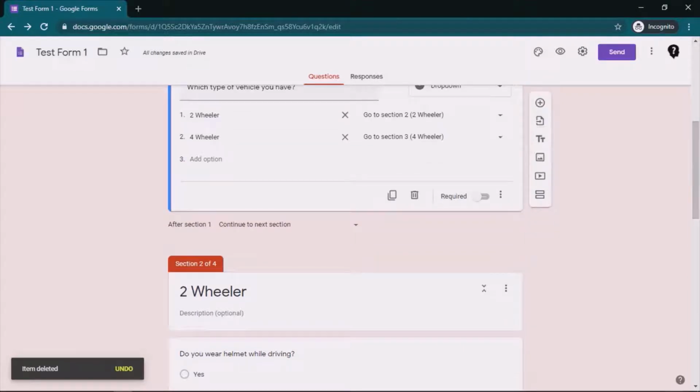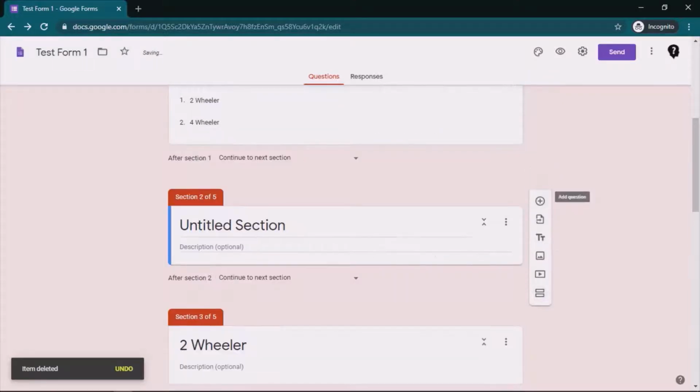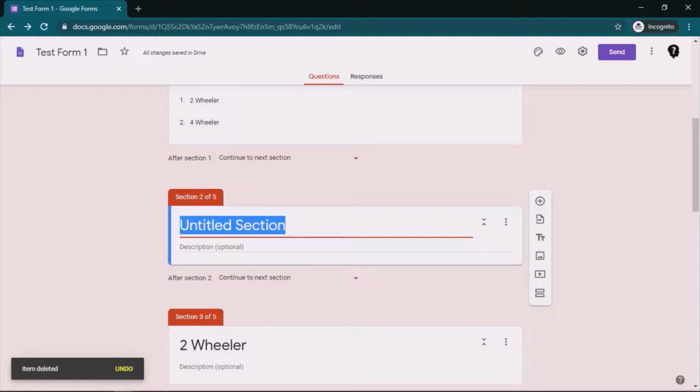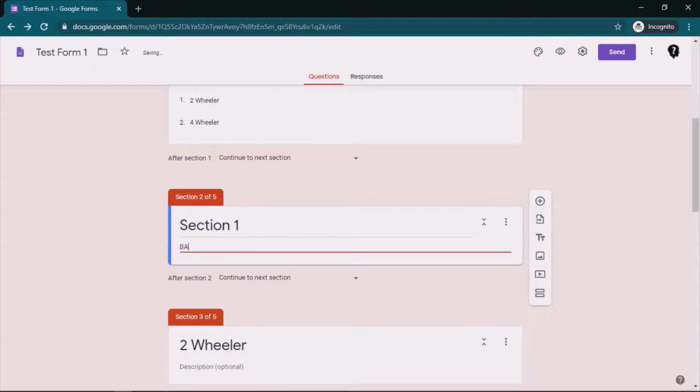Now here I can add a section, say section 1. This is option 1 in question above.